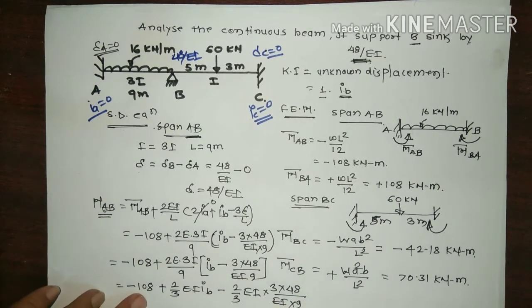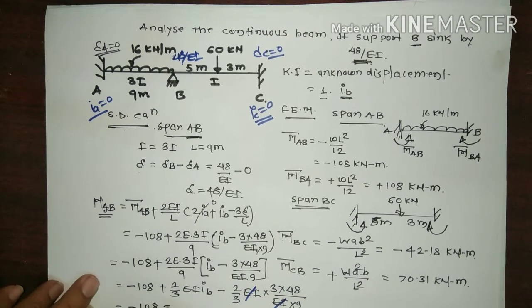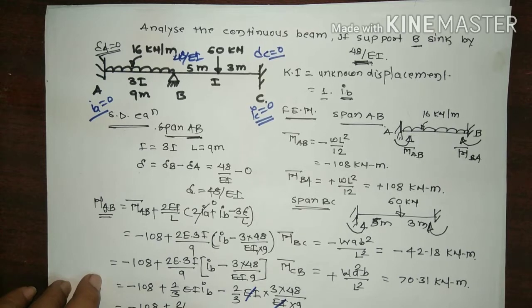So here this EI, this EI gets cancelled out. So this final value is minus 108 plus 2 by 3 EI θB minus,